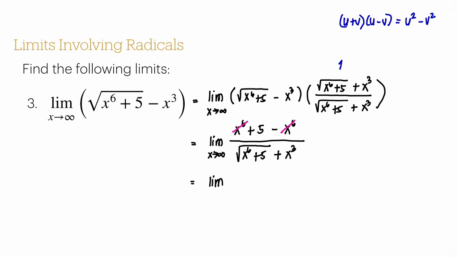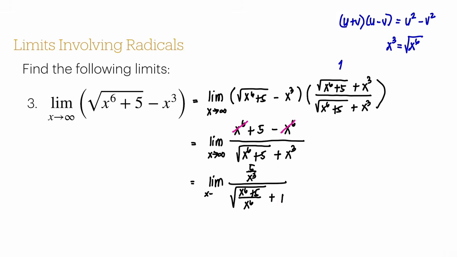So that's the limit of 5 over x cubed divided by, so this is x to the power of 6, but we know that x cubed is equal to the square root of x to the power of 6, right? So this is equal to x to the power of 6 plus 5 over x to the power of 6 plus 1, because this is x cubed over x cubed